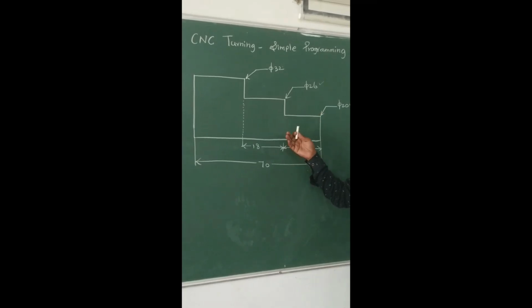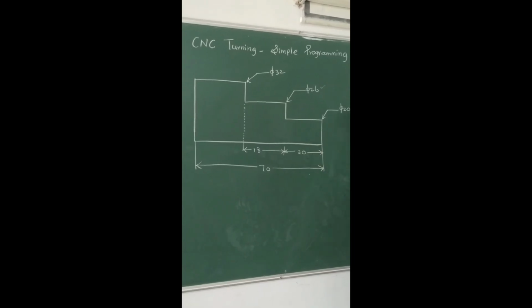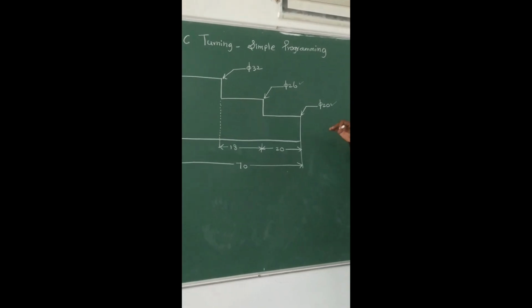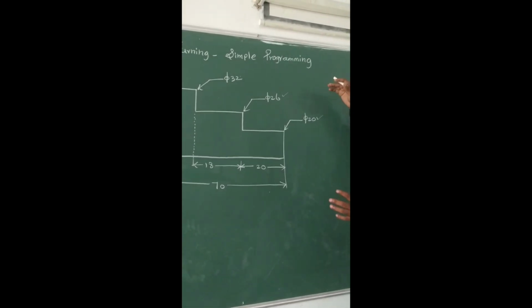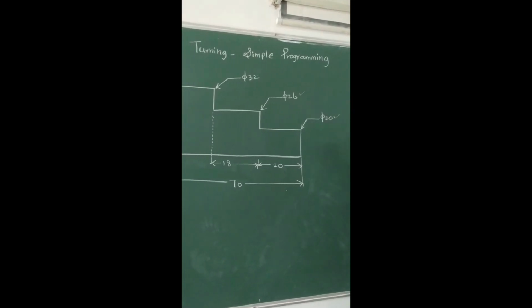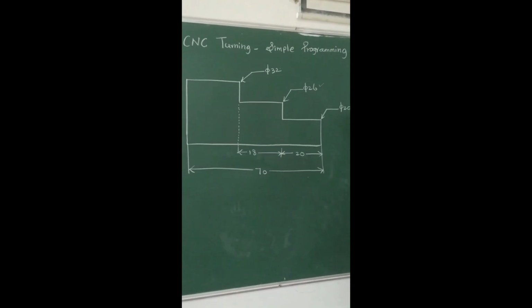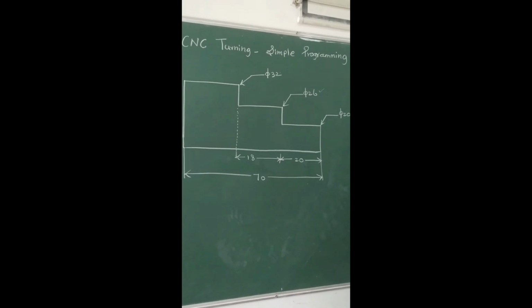For this diagram we have to write a part program. For writing a part program, the part program is divided into three stages. The first stage is the initial or starting of the program, then the main body of the program, and the end of the program. So now we are going to discuss the starting of the program. Every program must start with